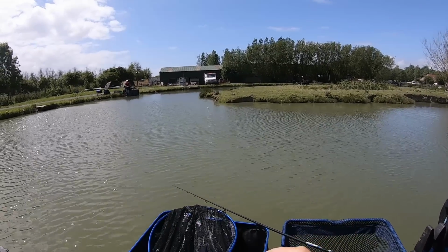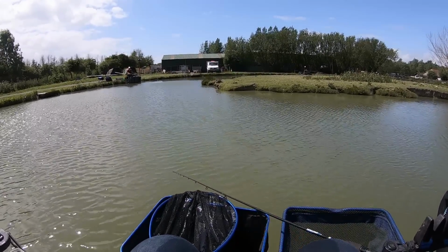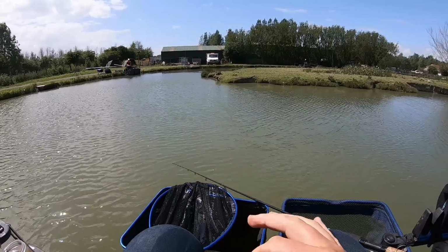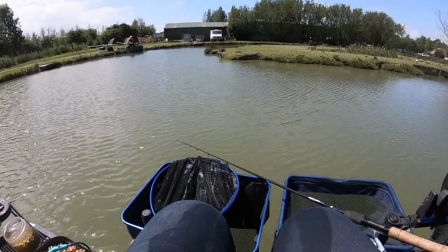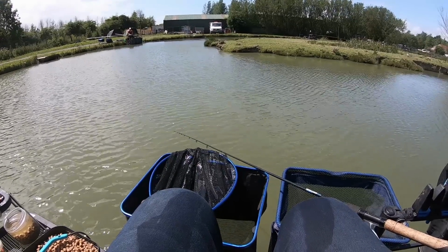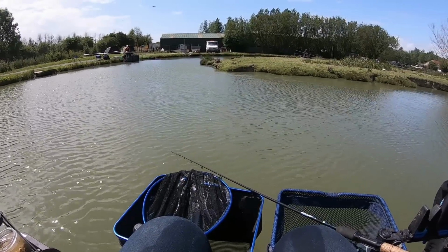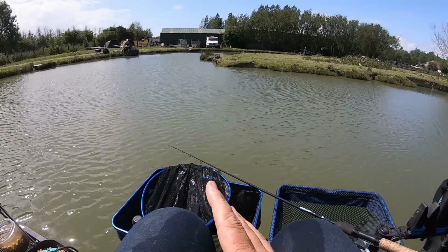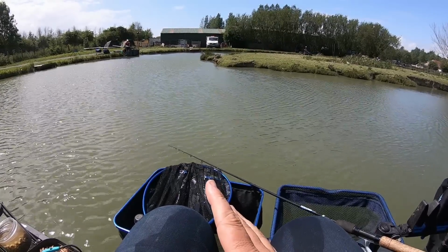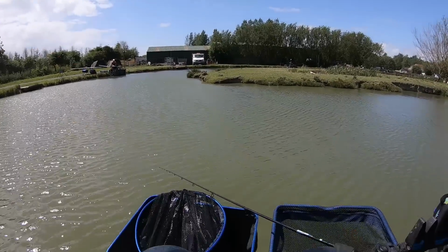The feeder can still free run on the line, and actually if I cut the rubber at the top of the feeder, the feeder actually free runs on the tubing as well. So it's still a safe rig and it's still free running. Everything's still free running as it needs to be for the rules and for fish safety. But that heavy tungsten, what I do is I only just tighten up the line so that I'm actually tightening to the tungsten, not to the feeder, so that gives me like a couple of feet in front of the feeder